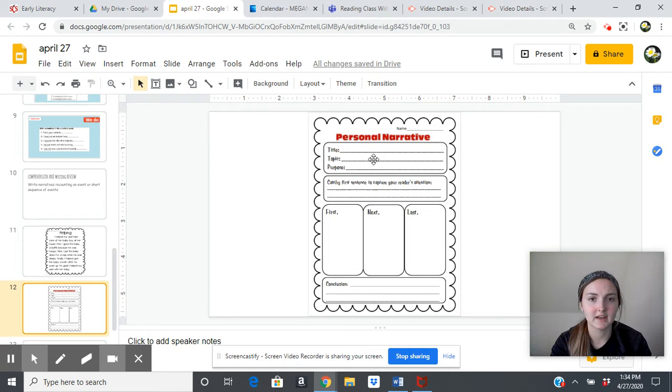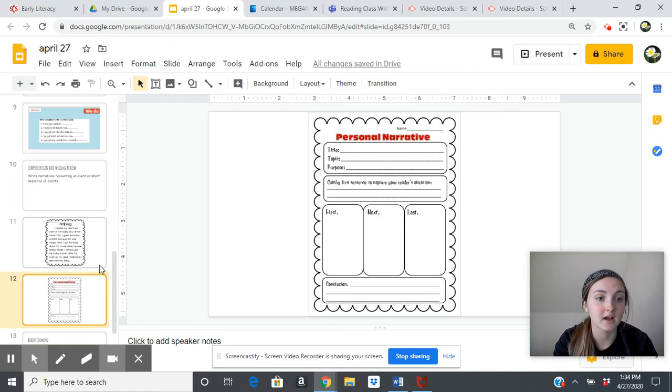That's what we would write right there for topic. You write washing your hands. For your title, you can make up your own title. The purpose, why would you be writing that? Well, it's to tell people why it's important to stay healthy. So let's take a look at an example. We're going to see how this outline can come together. And then I'm going to show you an example I did on a different topic that's not about washing hands.